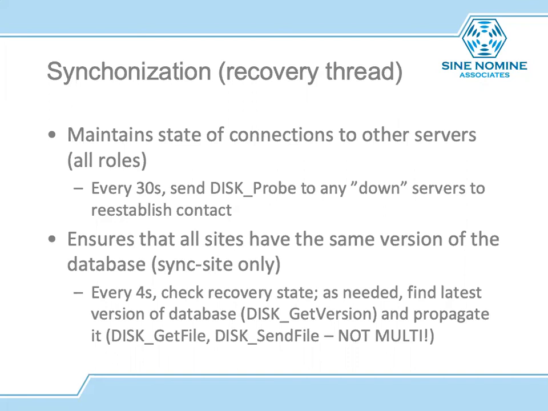And what it does is it maintains the internal state within your server of whether the other servers are up, down, or down from your point of view. So if they're reachable, then you think that they're still up, and you record that in an internal table. And that happens every 30 seconds or so. If you think that there's a server down, then you try to communicate with it every 30 seconds or so. And if it's available, then you reestablish the canonical connections with it and acknowledge that you're all part of the same quorum again. That happens on all the sites, whether they're sync or not.